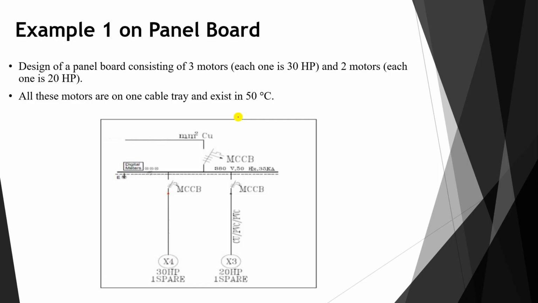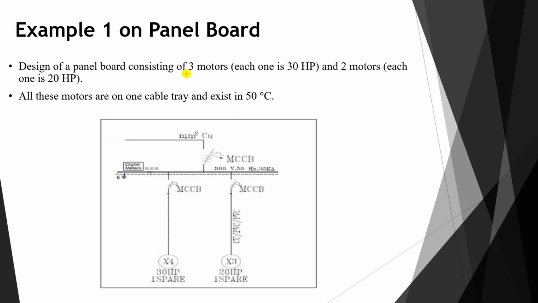This example is brought from Professor Abdulmonem Jaban. This is an Arabic book about electrical design. So I tried to translate this example because it is really helpful and it will help you learn a lot about electrical design. So first we would like to design a panel board